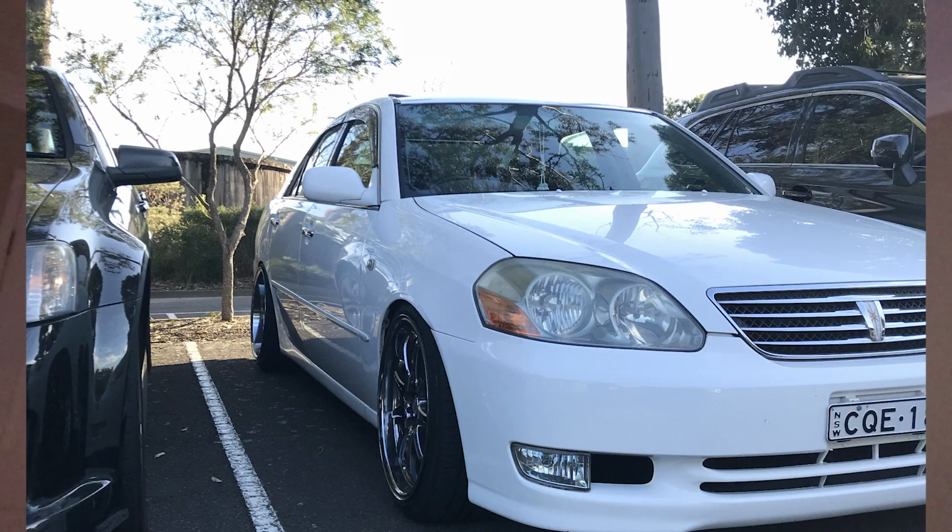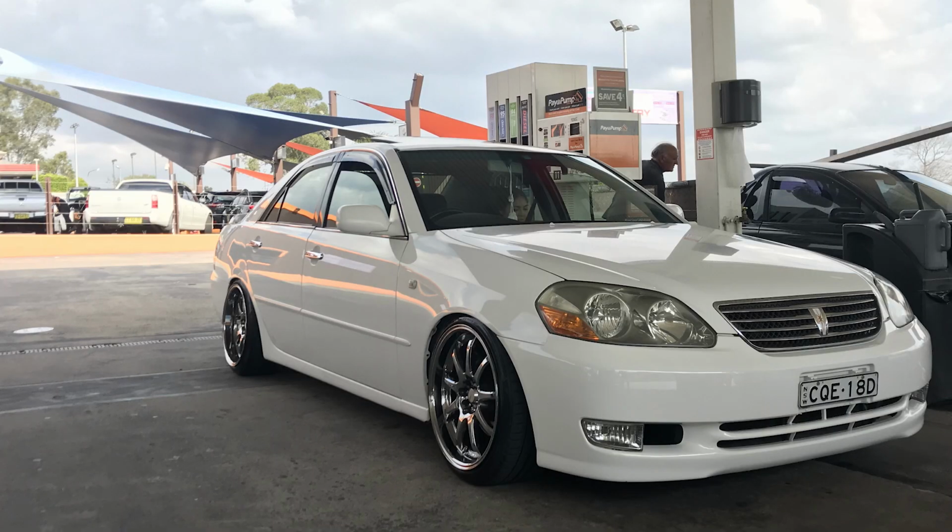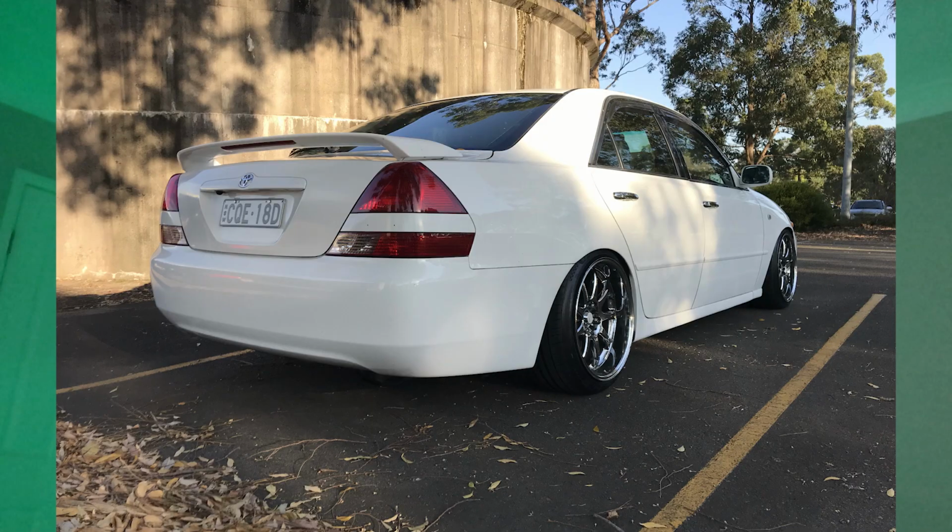Now, with the 110, I actually never had plans to sell this car. In fact, I never even advertised the car. I was just chilling, and my homie in Victoria, Ben, who owns a Chase, was like, hey bro, I got a mate that wants to buy a Mark II 110, wondering if yours is for sale. And I was like, yeah, I'll sell for the right price. He's like, how much do you want for it? And I was like,